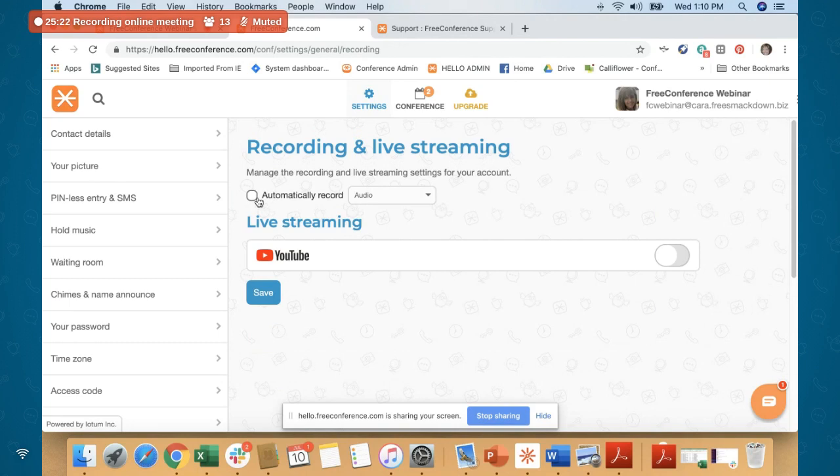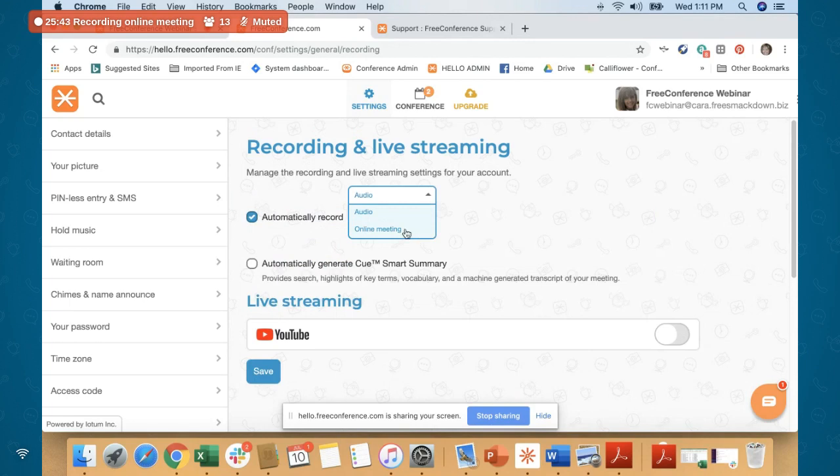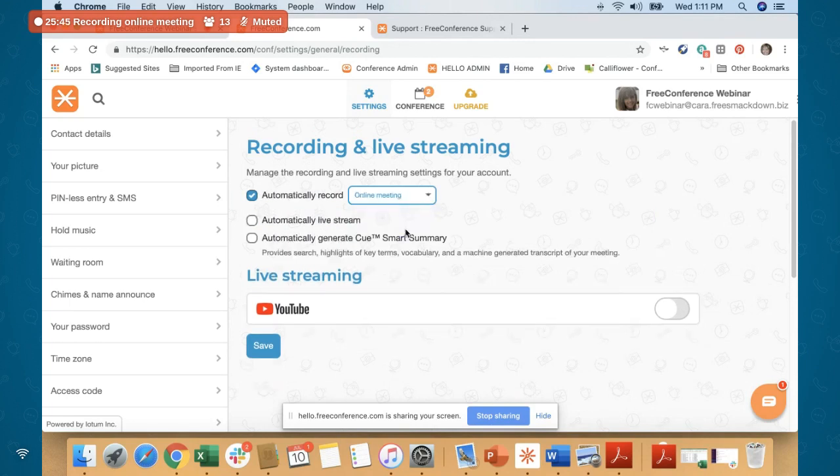Recording your call can be something that you do automatically for every call. You have the ability to set that in your preferences. So if you just click on this and you just have the audio, great. Now you've enabled the system to record all of your calls, but only the audio, only the MP3 stream will be captured for you. If you want to capture the entire meeting, so the visual plus the audio,